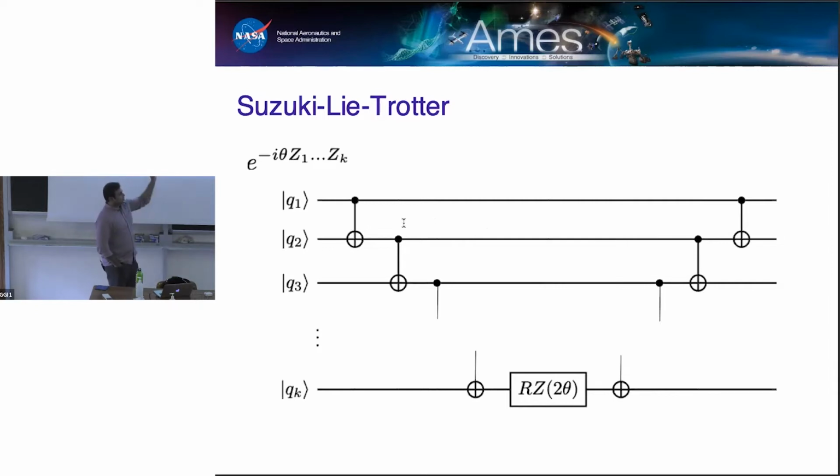So in circuit form, it looks kind of like this, right? So I basically have the initial C0 ladder. I do an RZ 2 theta on the final qubit, and then I basically just undo the operation. Okay. And so notice that this is actually quite efficient, right? Because if I have k many qubits, then I need like 2 times k minus 1 C0s and a single qubit operation, and that's it. So this is like order k.